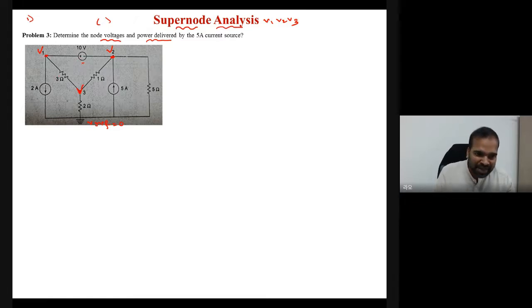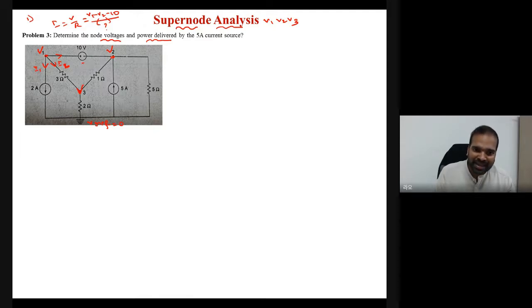Clear? So can I apply KCL at V1? Before applying KCL at V1, what should I do? I should consider current leaving from that node. Suppose current is leaving through this branch, I1, and current is leaving towards this 3 ohm resistor, that is I2. Now current is leaving from V1 towards this branch. Suppose I consider this is the current, how to write it? Current is always I equal to V by R. So here I can write V1 minus V2 minus 10 by, what is the resistance? You don't know the resistance of this particular branch, so you cannot apply KCL at V1.